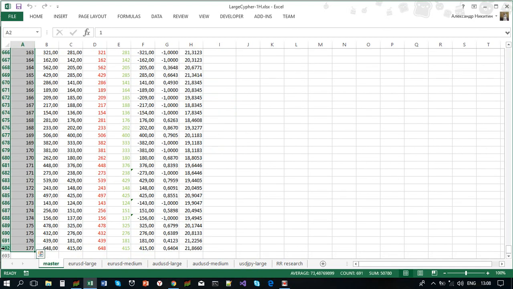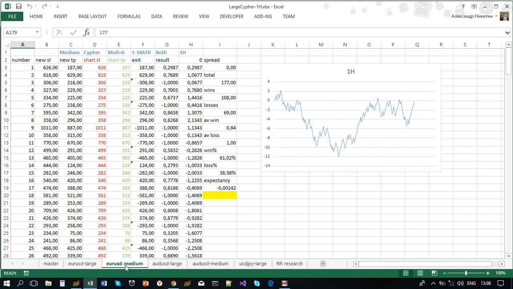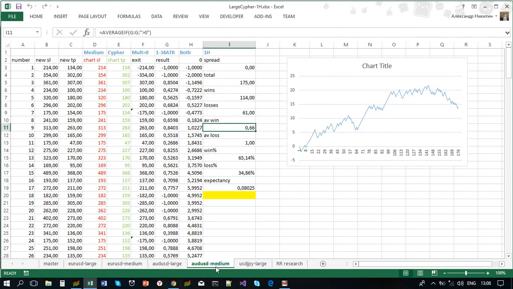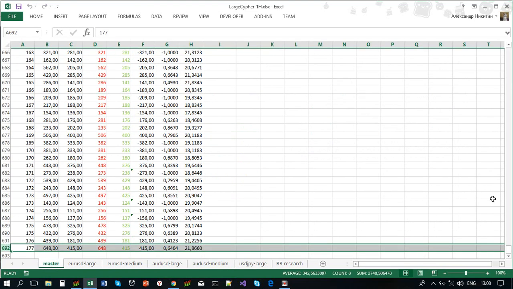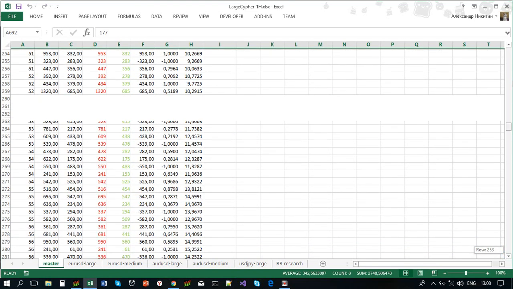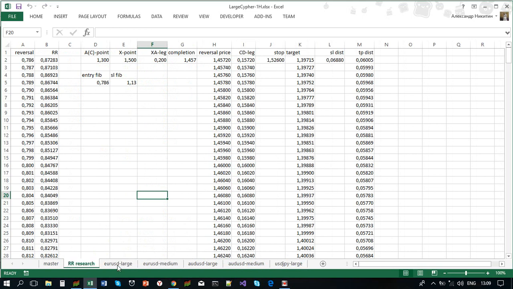So I have 692 patterns total. So euro dollar large patterns, euro dollar medium patterns, Aussie dollar large patterns, Aussie dollar medium patterns, and dollar yen large patterns. 692, almost 700 patterns. Pretty good. I wish I had 300 more to have 1,000, but that's okay. 700 pairs. Okay, what I'm talking about, I've done this risk to reward research work, and let me